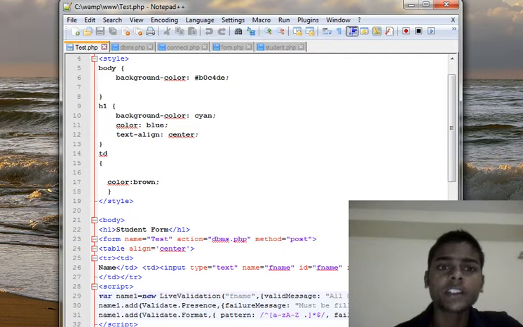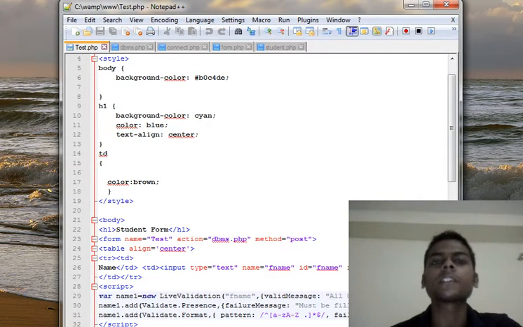This is the style of the form. Here we can explain the body of the form, the background color, and whatever you want, and we can create our tags. Like I have created h1, td and body.